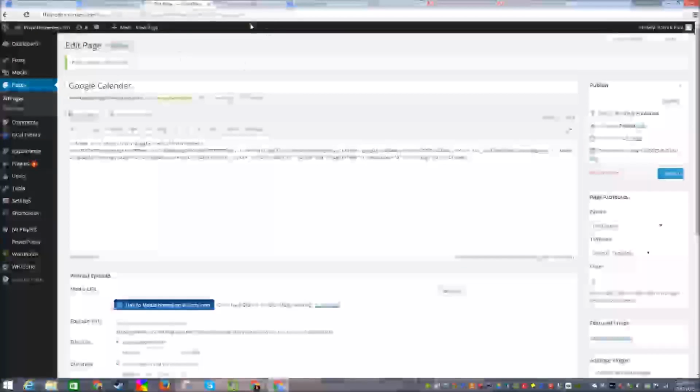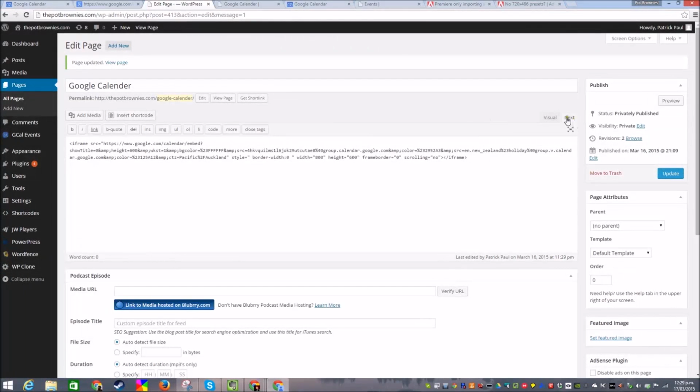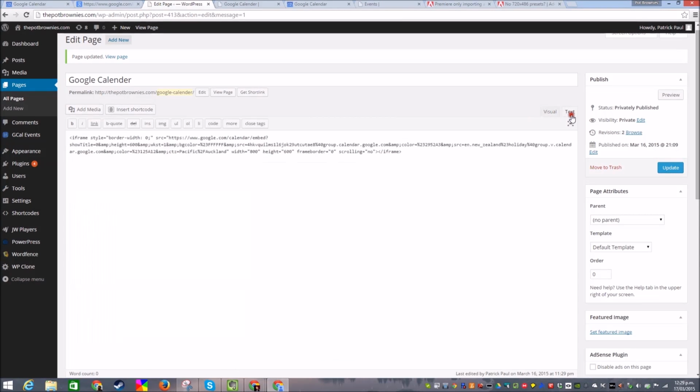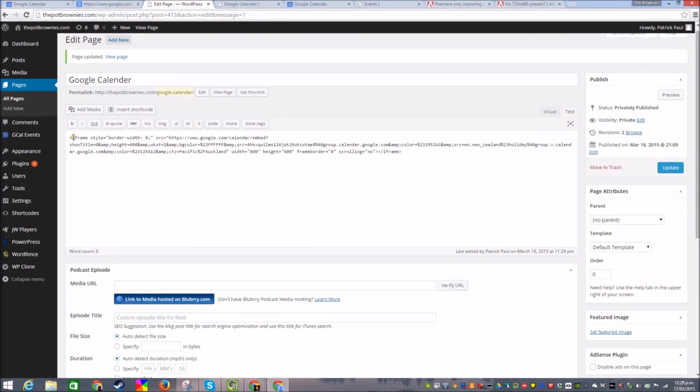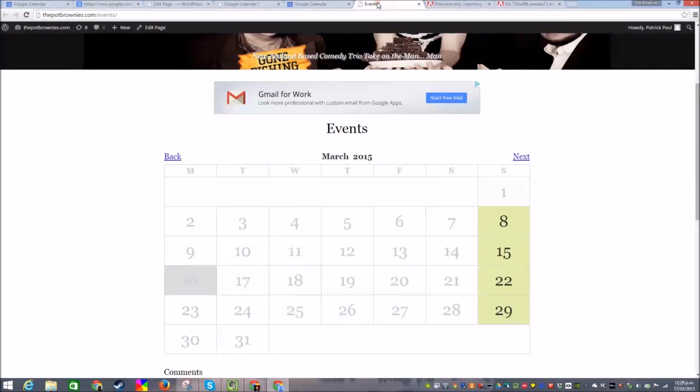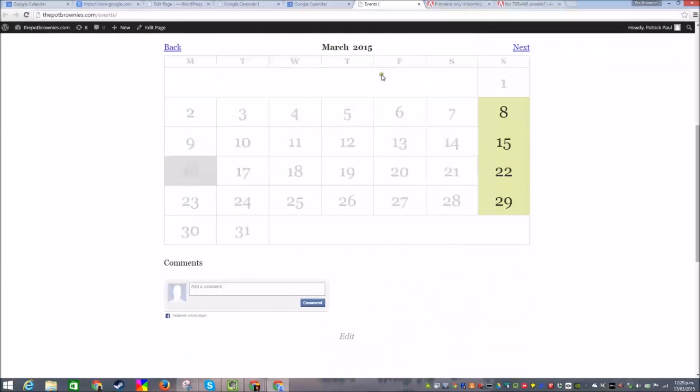Keep in mind though, when you're pasting it into the page, use the text method. You might be used to using the visual method in your WordPress site. That's not going to work. You're going to have to paste it in text mode, and that'll allow the HTML code to be registered as HTML. So if you want your calendar to look like this, where it's all nice and minimalist and stuff like that, you can,